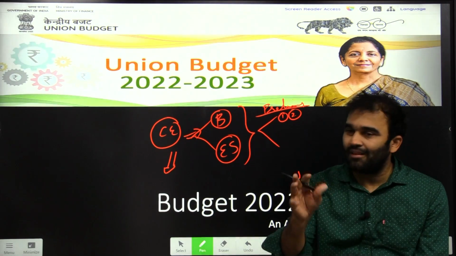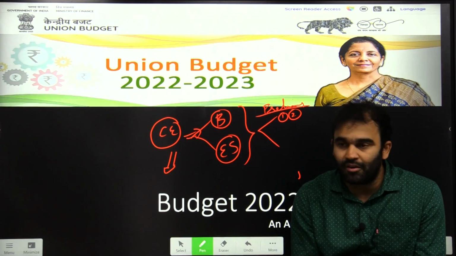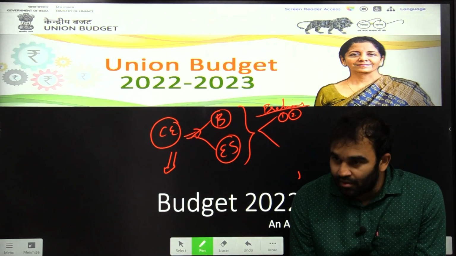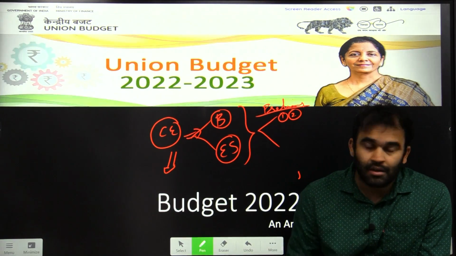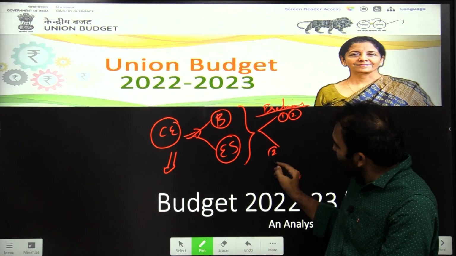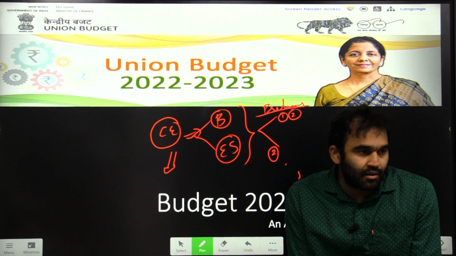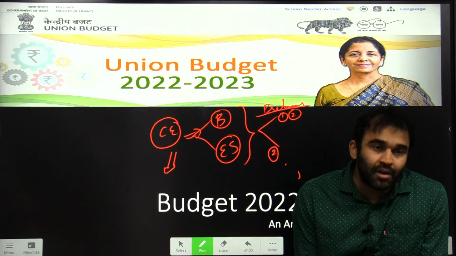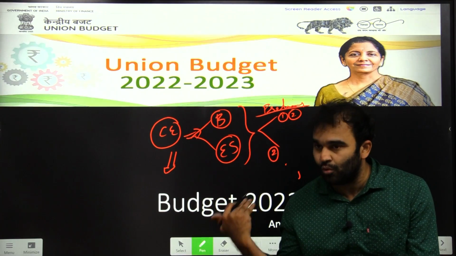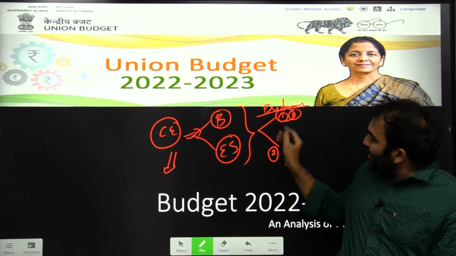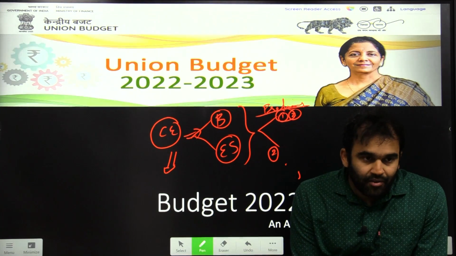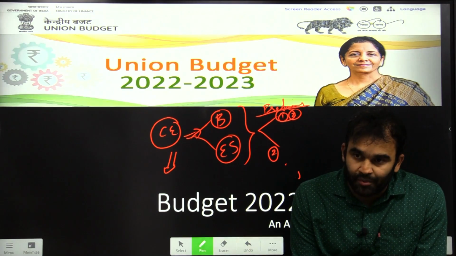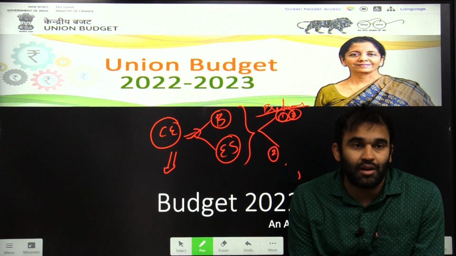utility for the data that is dumped inside your economic survey, or for that matter, even budget. So 2 questions are what you get in prelims. I'm talking about direct questions. Then when it comes to mains, again the same thing. They won't ask you anything directly from the budget or the economic survey, because there are so many things to ask from the world outside of these two things. So you won't have any questions directly from budget or economic survey. Having said that, that doesn't mean that you have to completely ignore it.